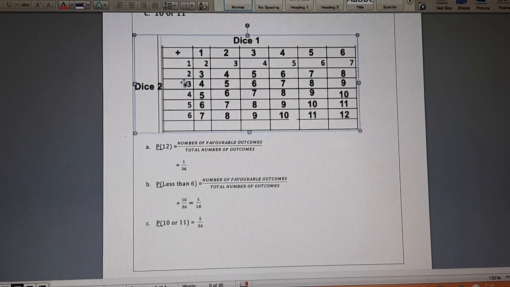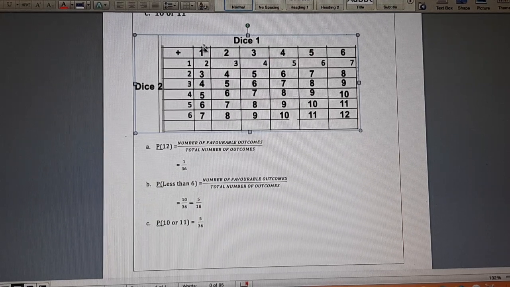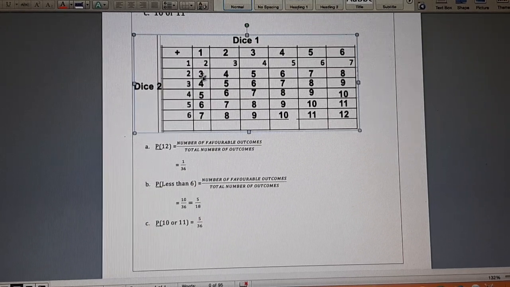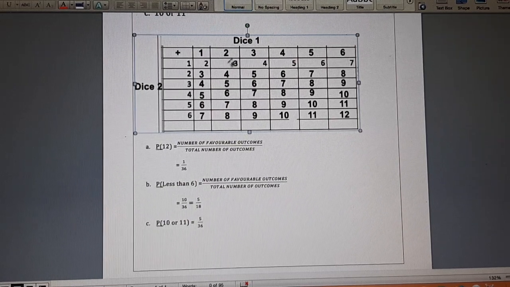Then for dice 2, if it has 3 at the top, combine 3 and 1 at the top of dice 1. So 3 plus 1 is 4. Then the 3 score on dice 2 stays, while the score on dice 1 changes to 2. This is another possibility. So 3 plus 2 is 5, then 3 plus 3 is 6. I am changing the score on dice 1 while keeping the same score on dice 2, because these are the possibilities. The score on dice 2 is 3, while the score on dice 1 is 6. So 6 plus 3 gives you 9. In the same way, you can calculate all these possibilities. They total 36 outcomes by adding the scores on the top of the two dice.